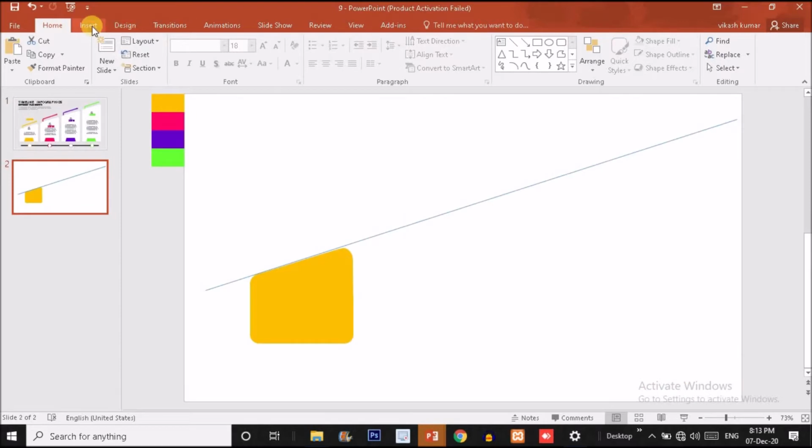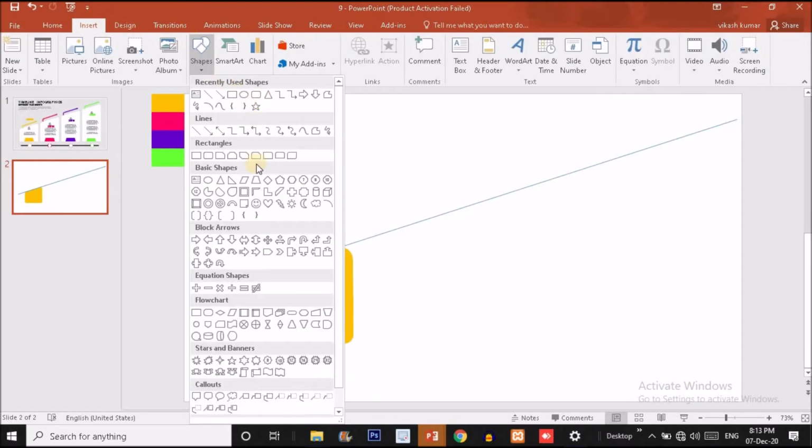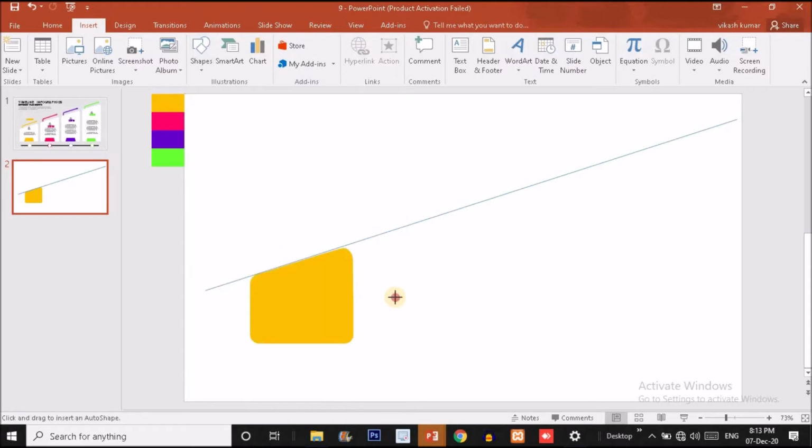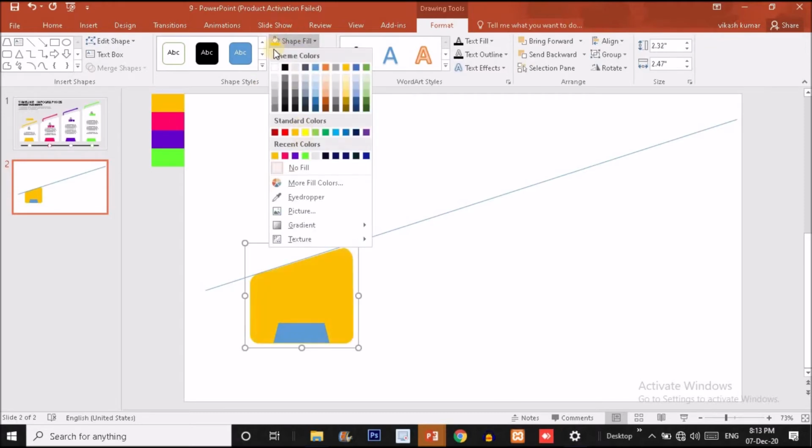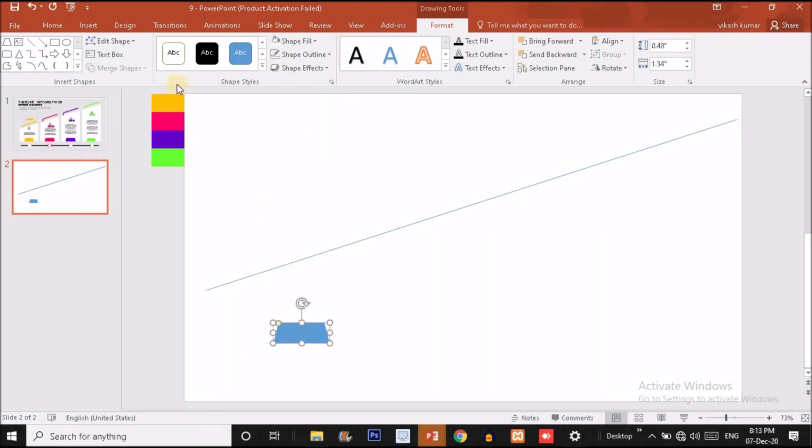To do that, click on the Insert option and here you will find this particular trapezium shape. You just have to click on that and drag a trapezium like this. Now remove the outlines and put this trapezium over here. Before doing this, I'm going to decrease the size to this much and put it exactly in the center like this. Okay, so this shape should have white color while this shape should have this color.